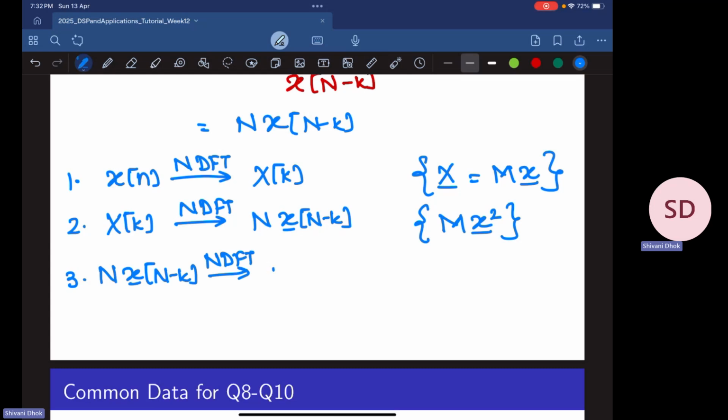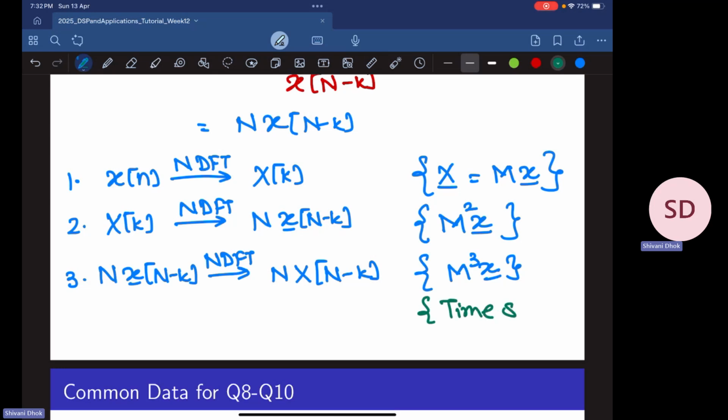So we'll get n, and since it is a shifted version, I'll get n times x of n minus some k, and this is basically m cube of x. So this is coming from the time shift property